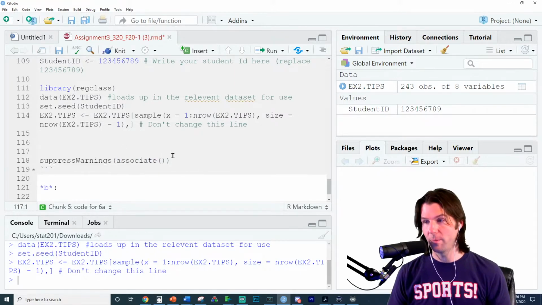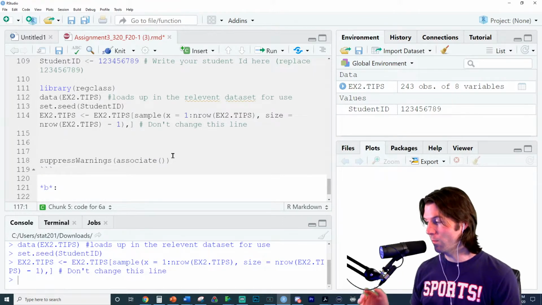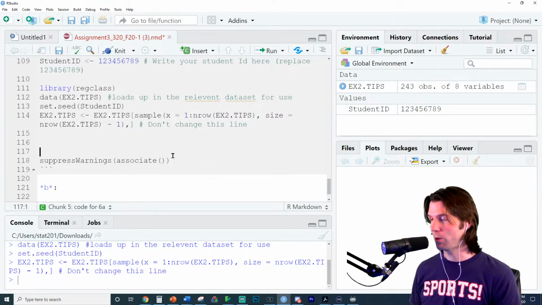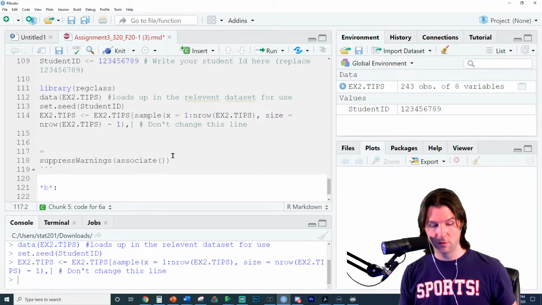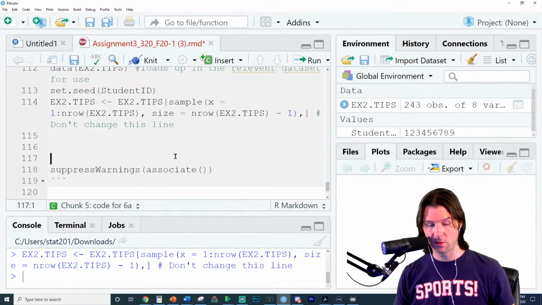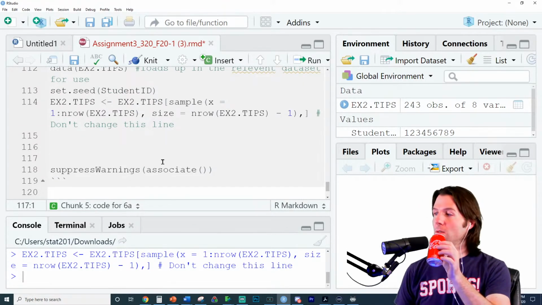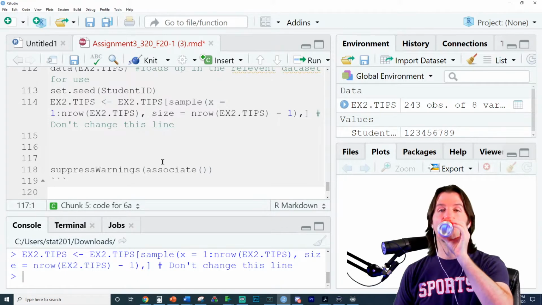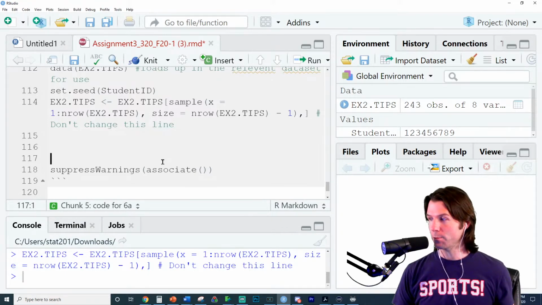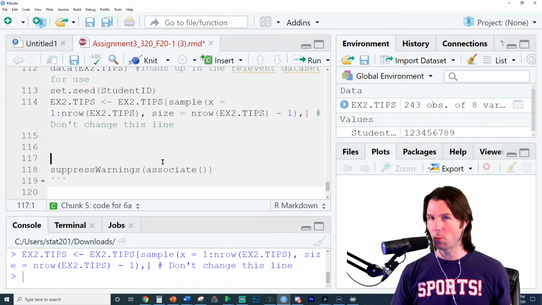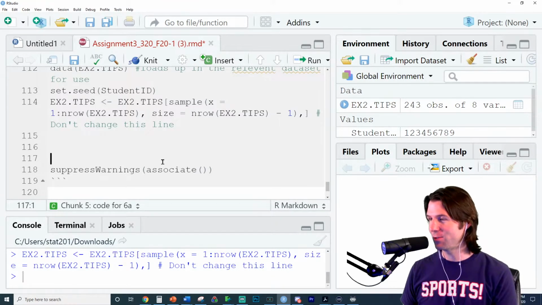Colin, do you know the format for the associate function? Very important format, we'll use it all throughout this class. What is the format for the associate function? Who knows the format? 100 points right here. Any ideas? Maybe y tilde something? Y tilde something?